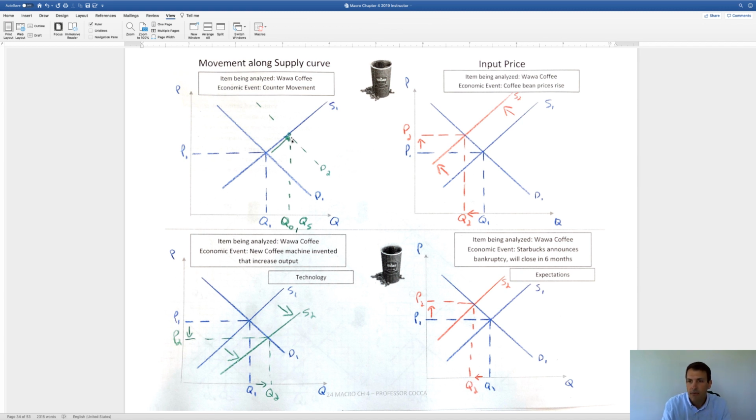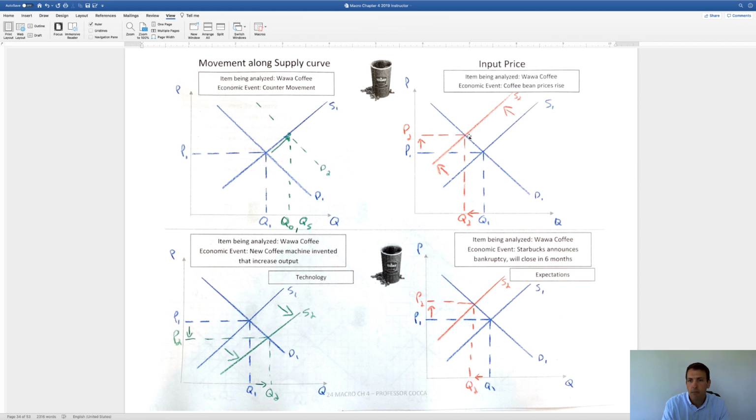All right, so if the supply curve would just shift to the left, so here's our economic event, again, we're analyzing Wawa Coffee. If coffee bean prices go up, so let's say there's a storm down in Brazil, and that's where Brazilian coffee beans are being produced. If that storm or hurricane destroyed all those coffee beans, what would happen to the market price of Wawa Coffee? Well, the supply curve would shift to the left because coffee beans is an input cost,